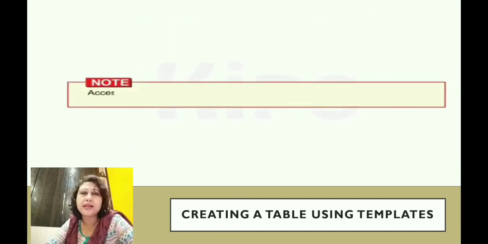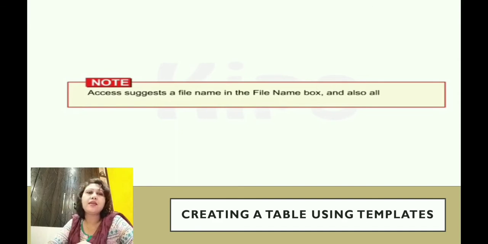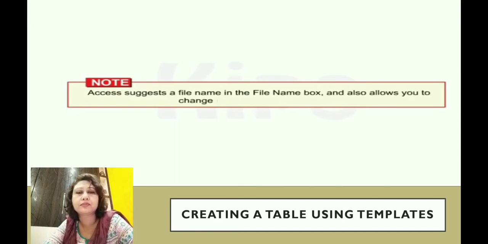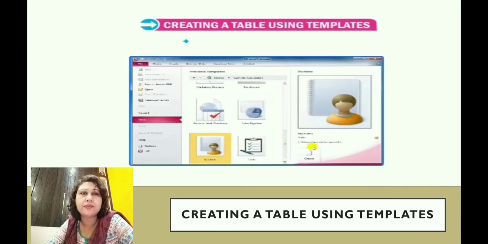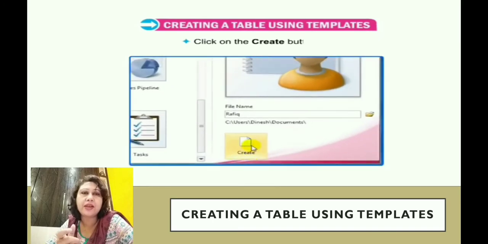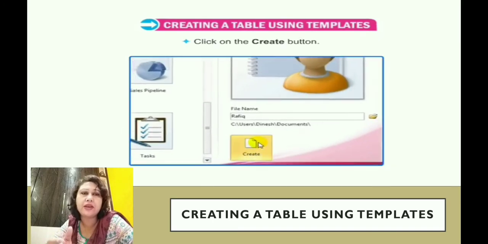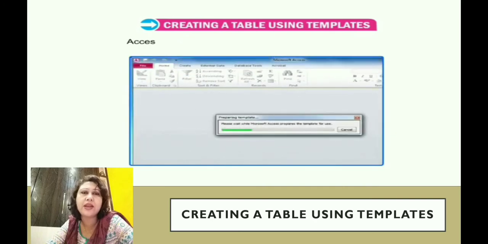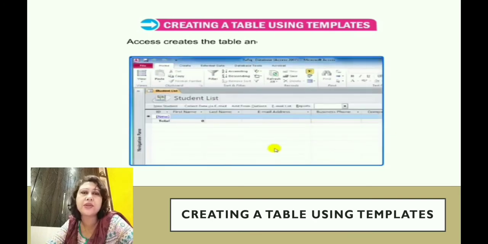Just note that Access suggests a file name in the file name box, and also allows us to change it as per our requirement. Then, after giving the file name, we just click on the Create button there, and Access will create the table, and it will open in the form view, as you can see there.